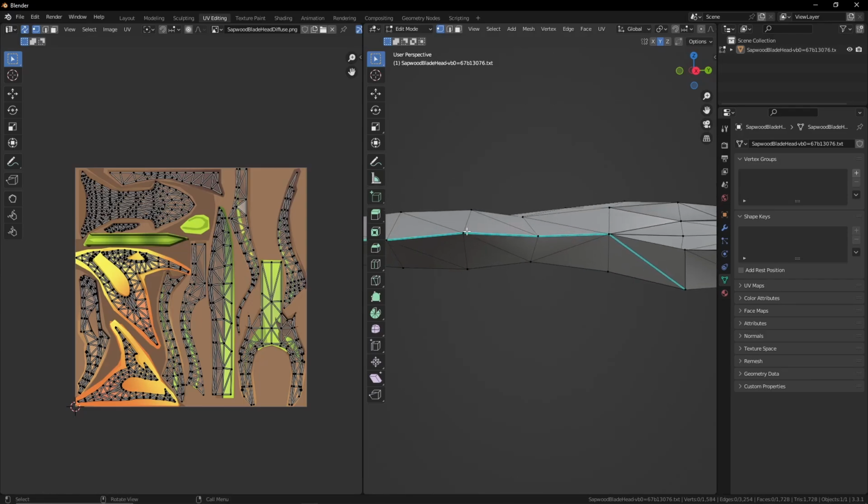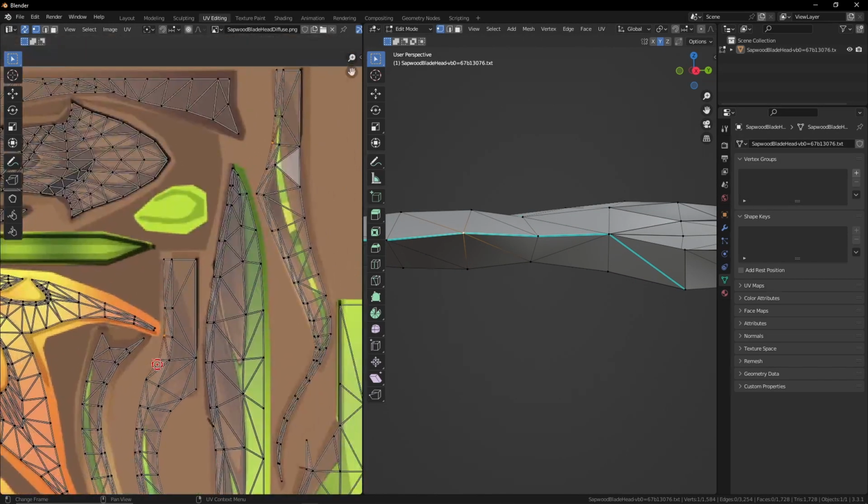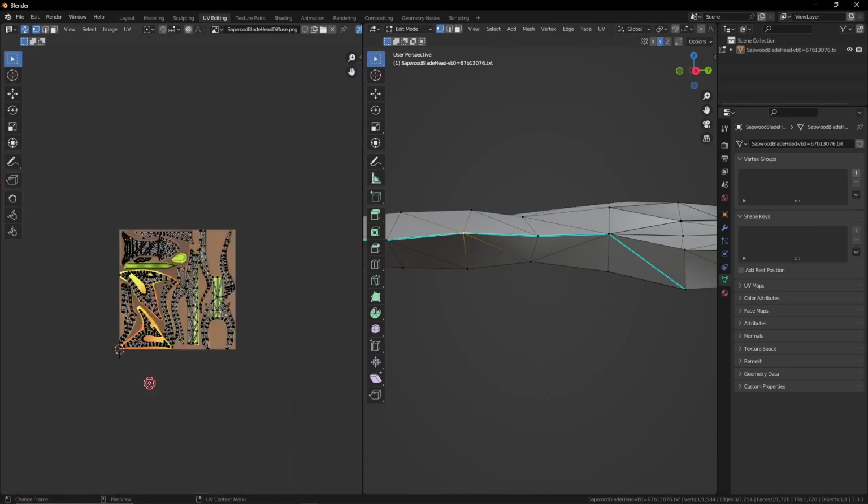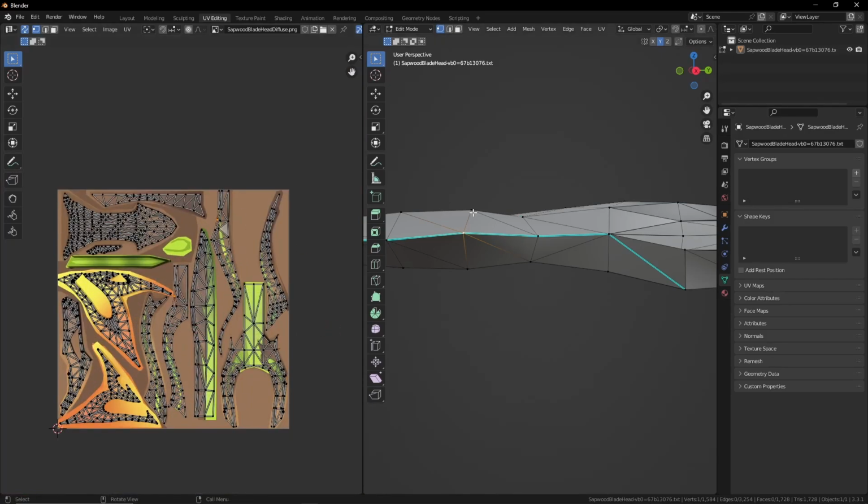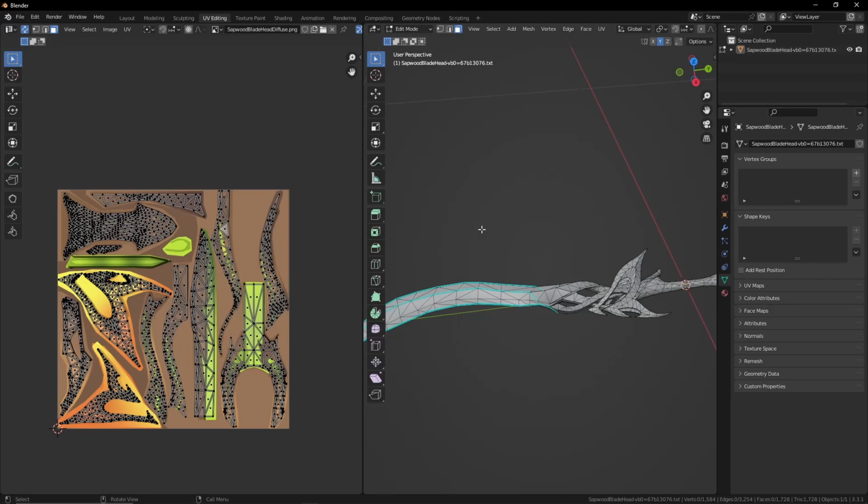As you can see, selecting this specific vertex will select two vertices on the UV map. This is what I meant with one vertex having multiple vertices on the UV map. However, faces will always have only one link. An important thing to note is that the UV map can become really weird when you do specific actions, especially